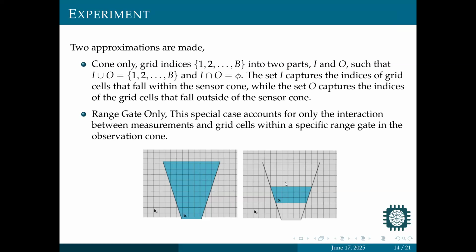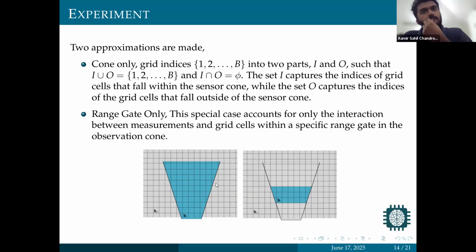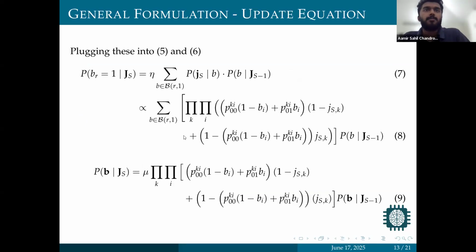I'm a bit confused about how these are. So this is how they model the environment, right? As a grid, yes? And the point is that some cells will be occupied, some cells will not. But then you can do it two ways. You basically say everything in the cone is occupied, or only some. No, no, this is an approximation to finding this particular, like